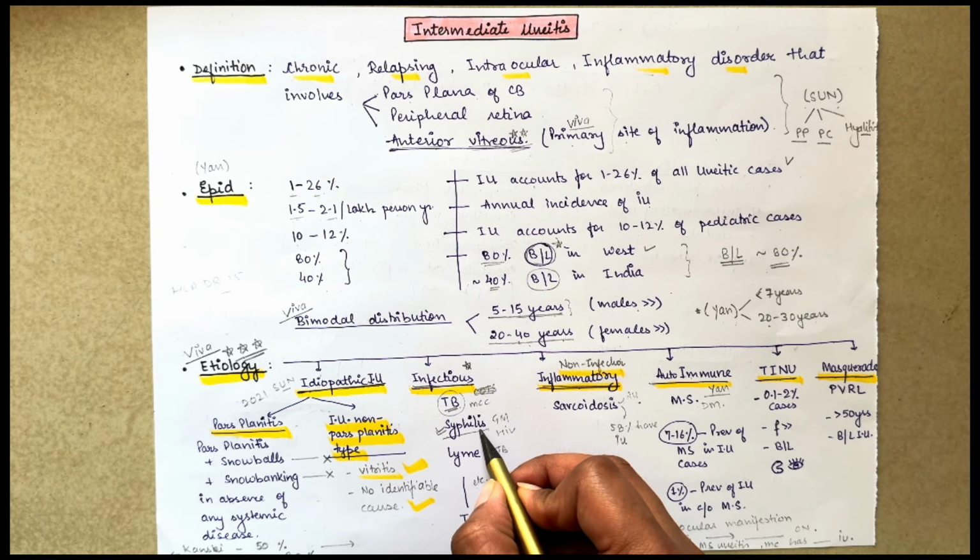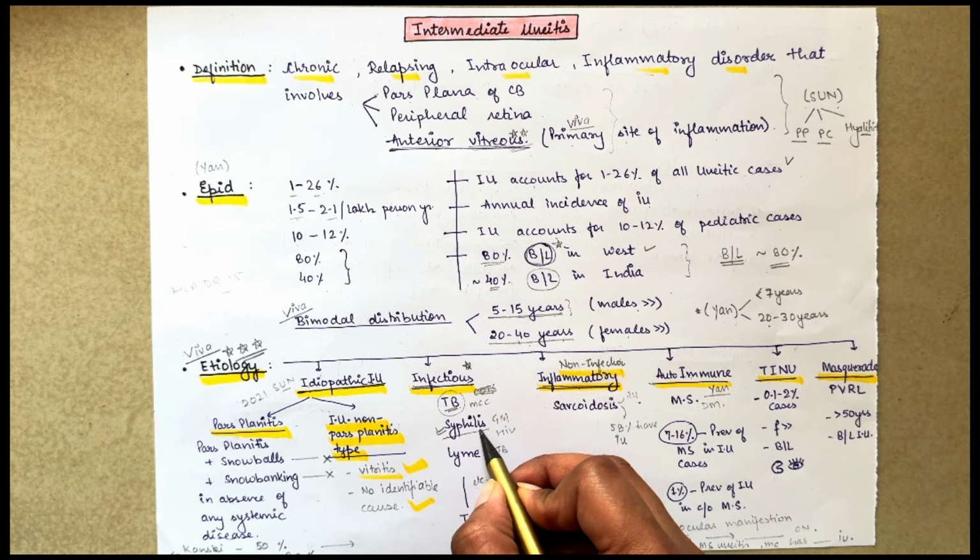So this is a very important part and very important in Viva. TINU, not every PG student is aware of this and TINU is recently very commonly asked. So what is TINU? Give me the full form. So TINU is, you remember, U you know is uveitis. So TINU is tubulointerstitial nephritis and uveitis syndrome. So TINU is a syndrome involving kidney and eyes. So you remember that it is bilateral intermediate uveitis with association with kidney. It is generally seen in 0.1 to 2% cases, mainly in females,